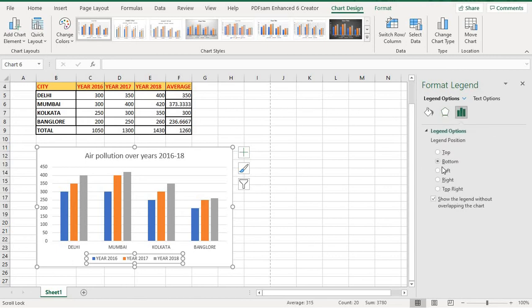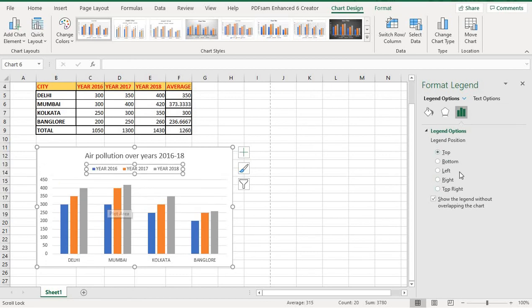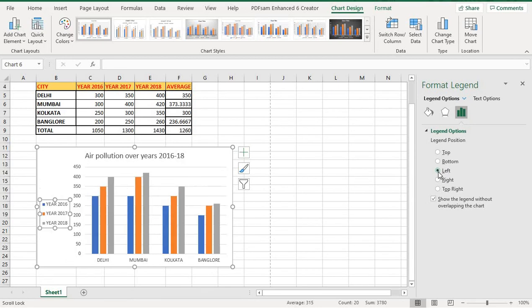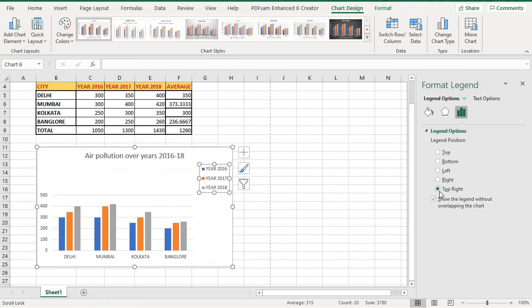You can change the legend color or position as well. For example, I want the legend at the top, so it goes to the top. If you want the legend on the left side, you can select left, and if you want it at the top right, you can select it this way.